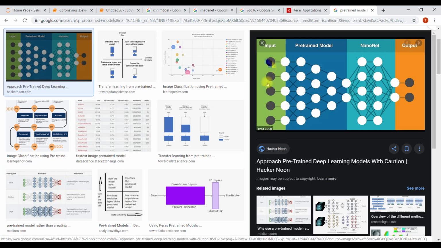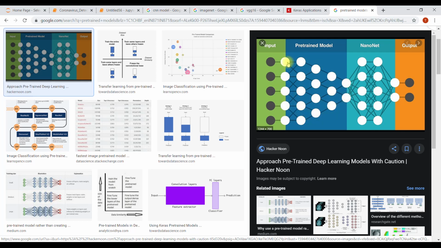We have given input. This is a pre-trained model which has already been trained on thousands of images and thousands of classes. We're going to connect our new CNN part to this pre-trained model, and we're going to have the output of COVID or normal. We are not going to train this part because it has already been trained.